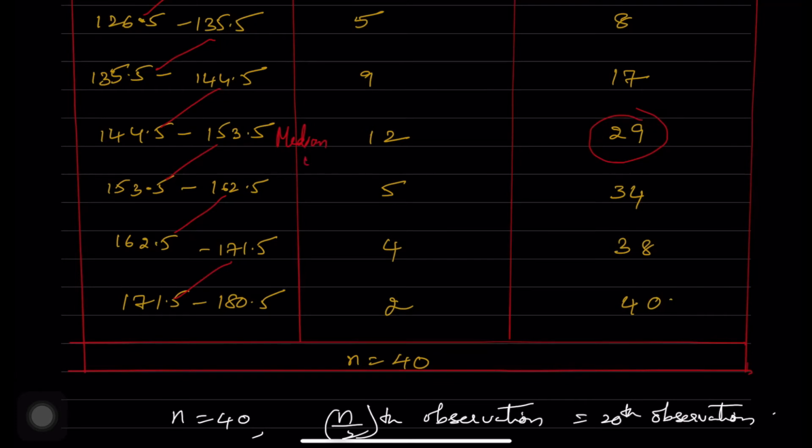Always remember that after finding out the total of frequency, that is 40, or it will be given in the problem, you divide it by 2, you will get one value. You just have to search for the cumulative frequency which is just greater than that value. So you will take this. Now this is called the frequency, and this is the cumulative frequency which we are having. The previous value is the cumulative frequency of the median class, the preceding value.